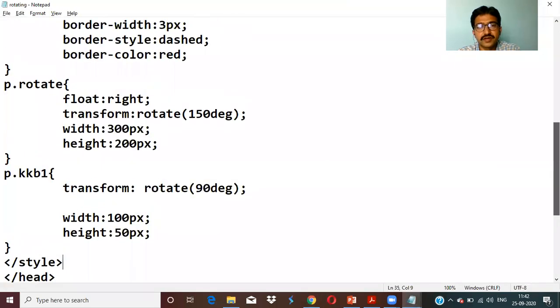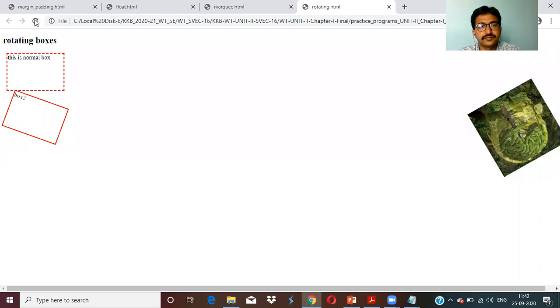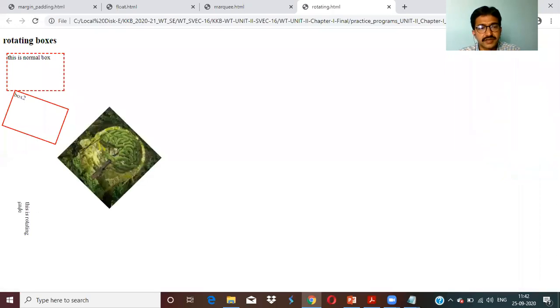Right. It is overlapping there, so I will use none, just for your understanding. 45 degrees will be 400 and 300. Fine. See the text here. Now the text is at 90 degrees.